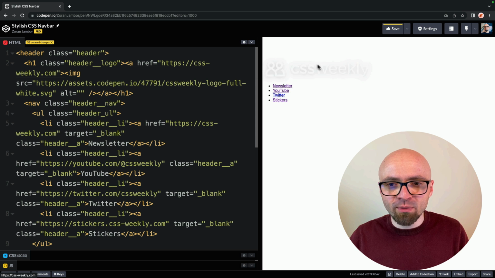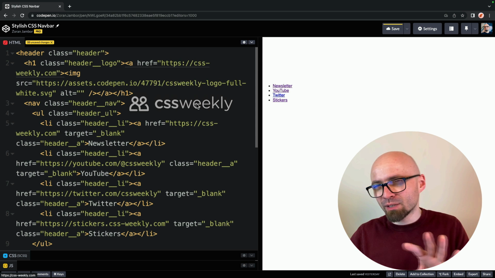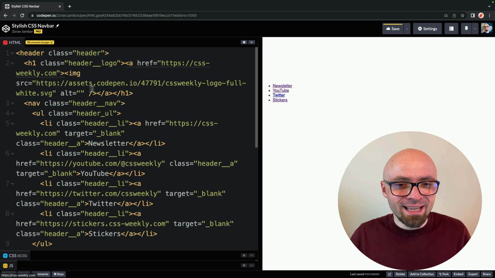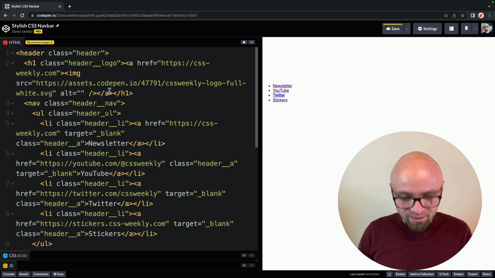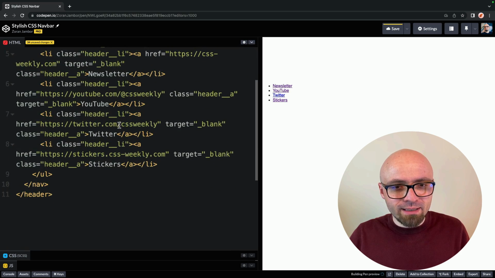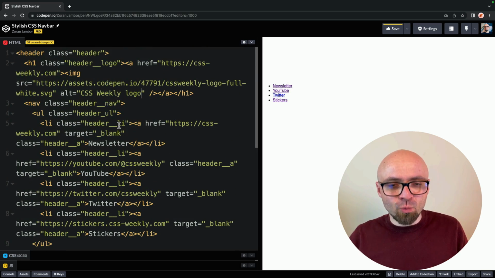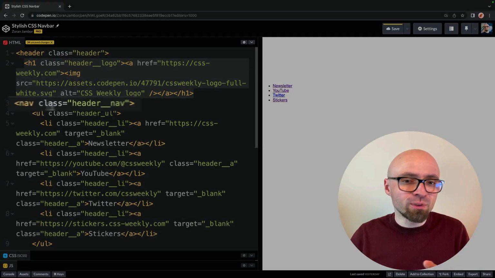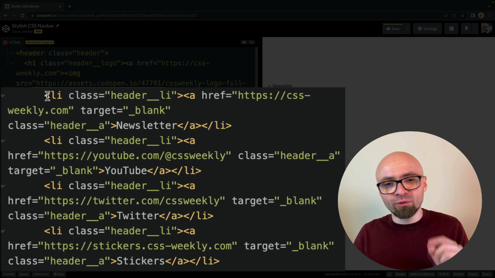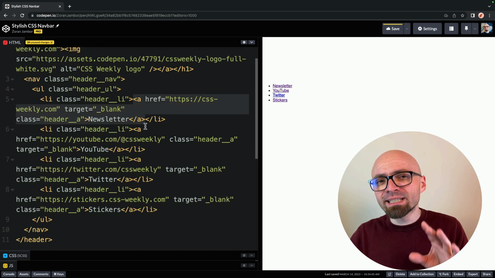It's actually working, but the logo is white, as you can see, because we're going to have some kind of stylish background, but more on that in just a bit. And I'll just add an alt attribute here, CSS Weekly logo. There we go. And I think that's pretty much it for our HTML. We have a header element with the h1, which is going to be our logo, and with the navigation that contains an unordered list with list items, or rather with 4 list items,